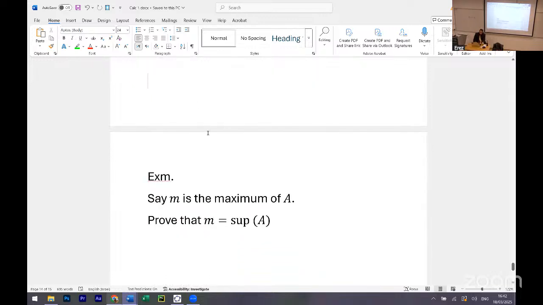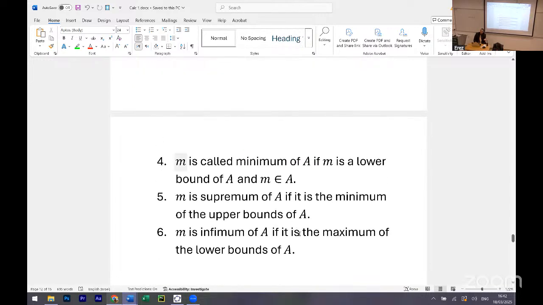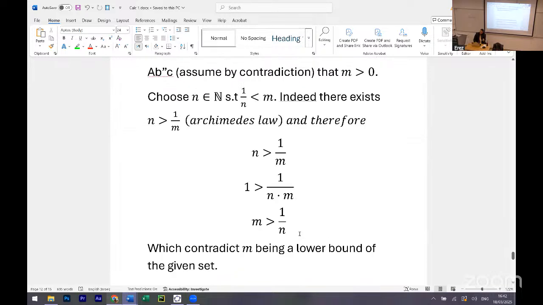What did I tell you before? If I have a maximum, it's the obvious edge. When I'm nearing an invisible edge, I use supremum. But I want the supremum to hold both the hard cases and also the easy cases, right? We said when we have a maximum of a set, the biggest element of a set, it should be obvious that it's the supremum. But it's not obvious from the definitions. We need to prove it, because the definition of the supremum is the lowest of the upper bounds, right? So I'm claiming basically, and I will write it,